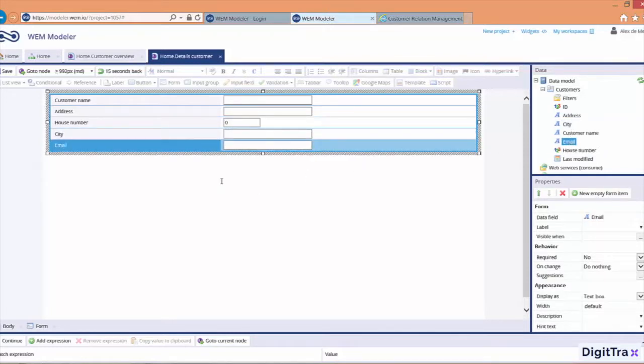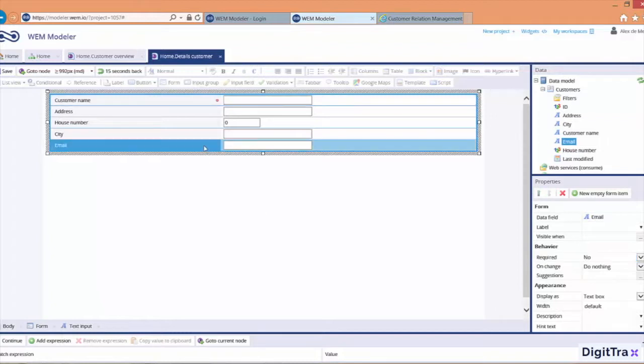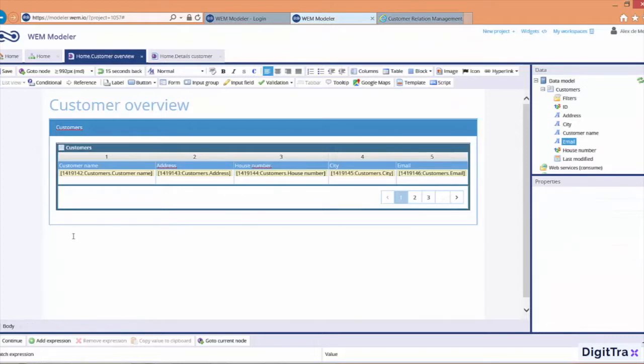And you can configure anything on this form by configuring the properties on the right side of the screen. So for instance, you want to have the customer name required. Just select required yes on the right side of the screen, and I also want to have the email address required. So there you have. Now 2 red dots appear in this screen. So I can save this one, and I only have to add a button,